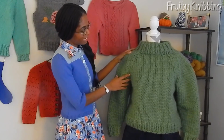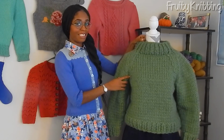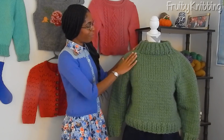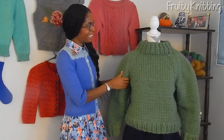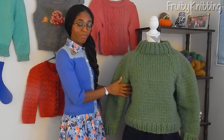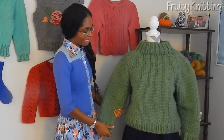And I'm really pleased with this sweater. I did not enjoy the process so much, but I love the product of this garment. Because I never worked with super bulky yarn before, it was rather harsh on my hands, and so I had to do a number of hand exercises. However, it was still a very quick knit, and I finished it in 3 days, which I'm surprised by,